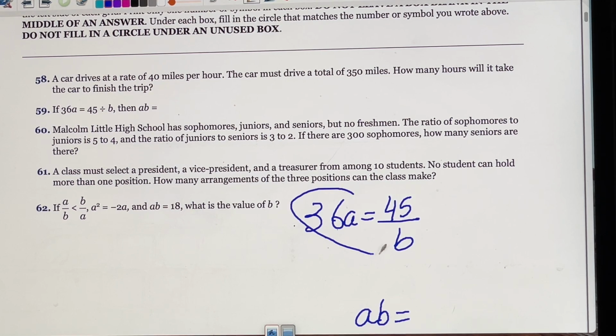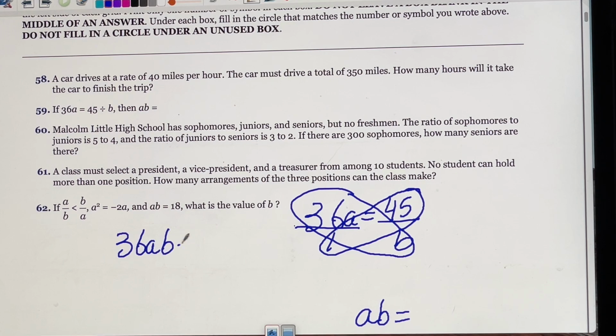If we cross multiply these two, let me put this over 1. If we cross multiply, we get 36ab, right? And 1 times 45 is 45. Now we can divide both sides by 36. And then,